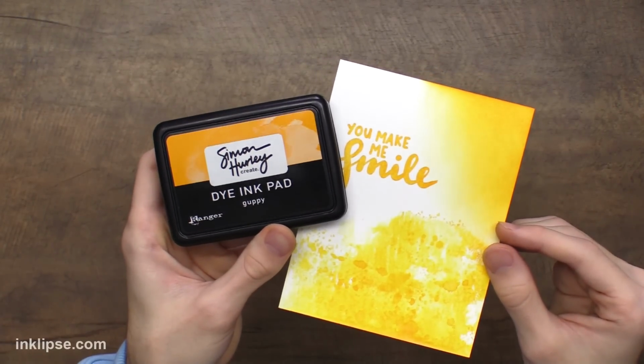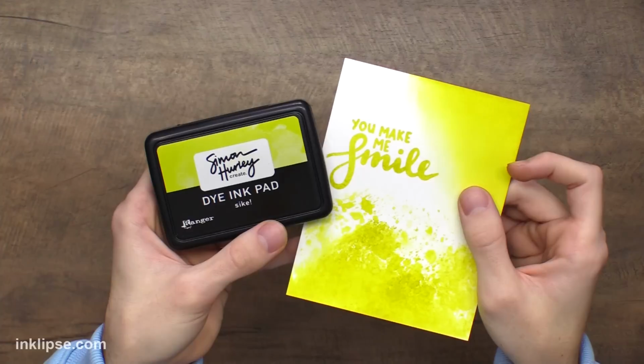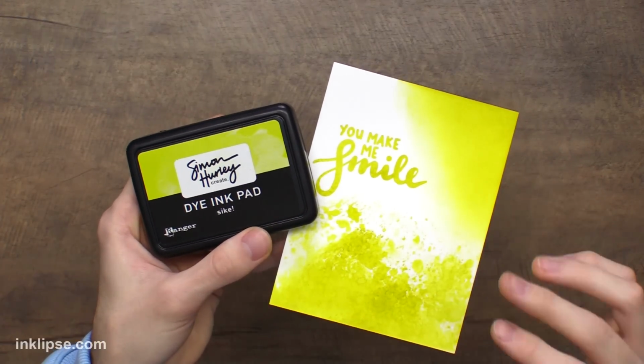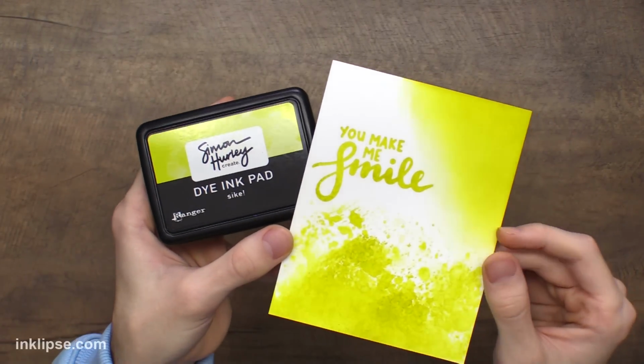So this one is so much fun and adds a ton to the line. Okay, next up we have Psych, and I love this one. You have to say it like that because it's got that exclamation point in there, but it's such a fun green color. But the cool part about it is it's kind of a green, it's kind of a yellow. What I like about Psych is it doesn't know what it is, and that's exactly why I named it Psych,